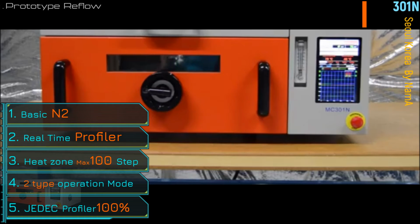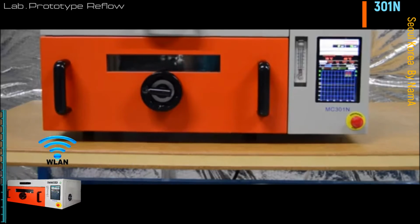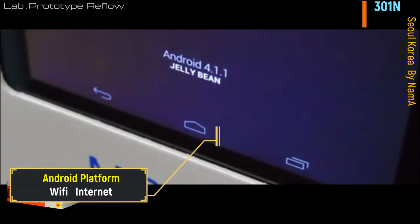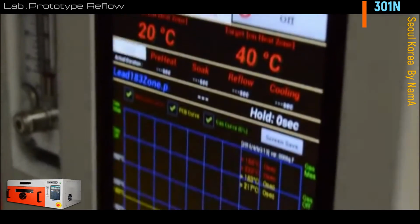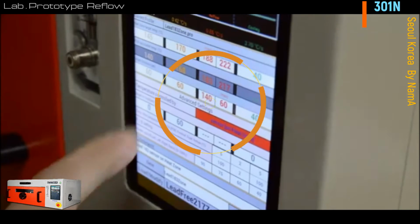Manufacturing is hampered by not having the right soldering equipment. The MC301N nitrogen reflow oven features heavy-duty construction and an Android-based operating system, providing the best solution for prototyping and small-volume production runs. The MC301N Android-based control app provides an easy-to-use touch panel interface with virtual keyboard for setting the